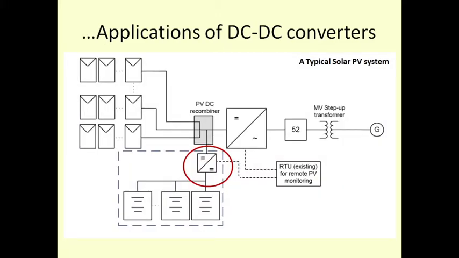then we have to use DC to DC converters. For example, over here, in a typical solar PV system, we can see these are the solar panels. And we have a DC to DC converter over here, and it is charging the battery bank. This is the battery bank. And then in the daytime these panels will be feeding the load through a DC to AC converter and feeding the grid.